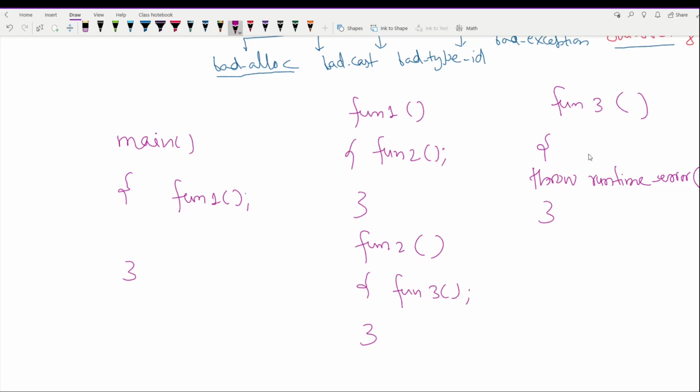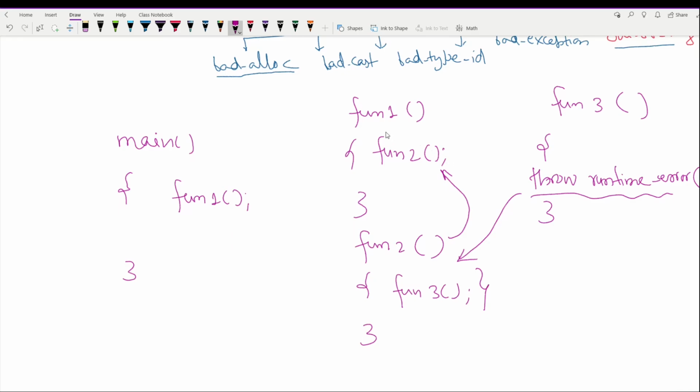Suppose this function throws this error and it is not put inside a try catch block, then it is going to unwind, this function will terminate and go back to function 2. Then if this is not inside try catch, it is again going to unwind and go back to function 1 for handling.